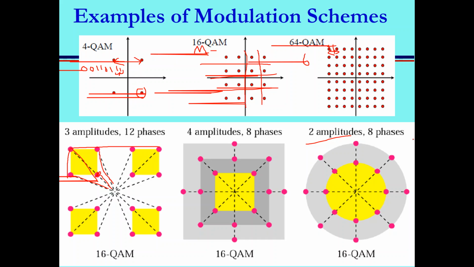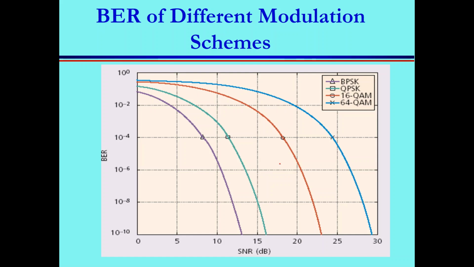Now, different constellation diagrams have different performance. You must know this because the way you place them in the constellation affects the overall performance. Not the spectral efficiency, maybe, because all of them have the same number of values you can place, 16, 16, 16, so the spectral efficiency is the same. But the bit error rate is not the same for all of them. Those are the things that I want you to know about